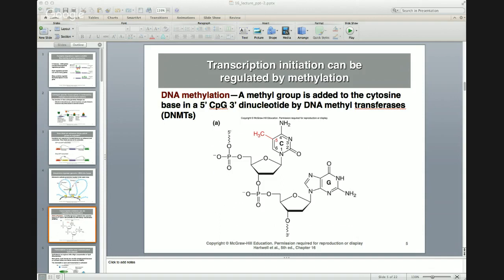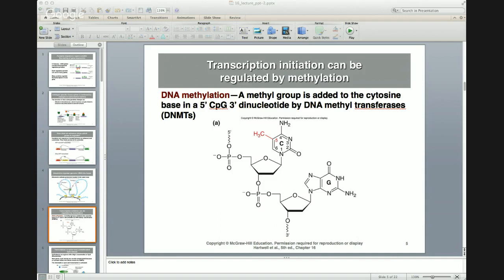Sex-specific methylation is responsible for a phenomenon known as genomic imprinting. Genomic imprinting is when the expression of an allele is dependent on the parent that transmits that allele. This is very different from what we learned all semester. We learned in the first chapter that the parent transmitting an allele or gene does not affect the expression of that gene in the offspring.